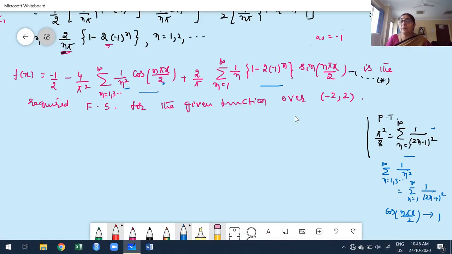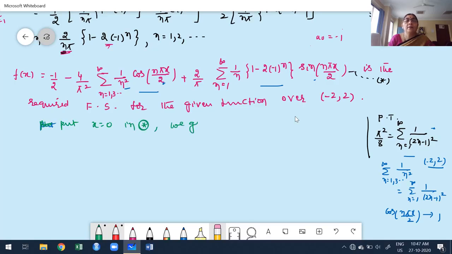For what value of x do we get cos of n pi x by 2 equal to 1? What's the range here? Minus 2 to plus 2. You can't take any value; I have to take it within the range. And I want this summation, the sine part, to be 0. Therefore, what's the value of x? Suppose we choose x is 0. You know sin 0 is 0, but cos 0 is 1. 0 is in the range minus 2 to plus 2. Therefore, put x is equal to 0 in star,